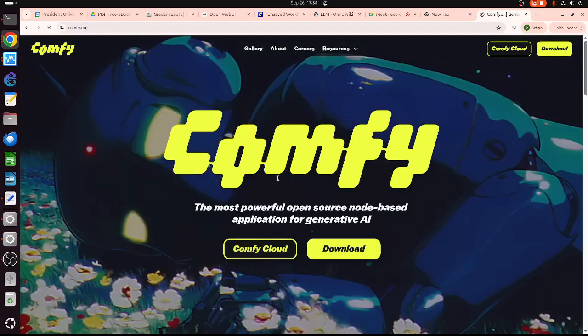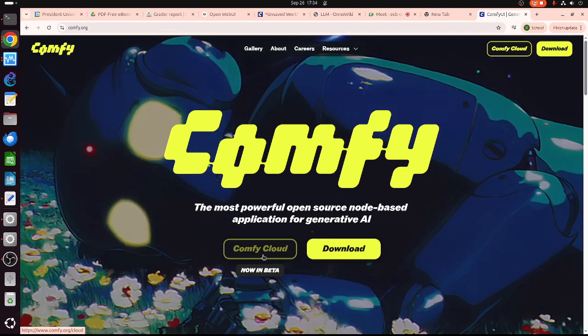In ComfyUI you can generate image, video, audio using prompts. You can install it on your PC or your own server. In my configuration, I installed it on my laptop.